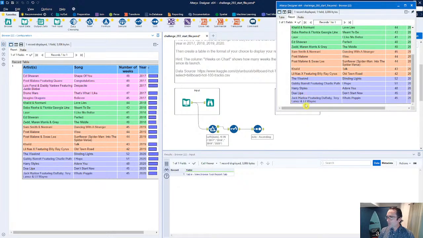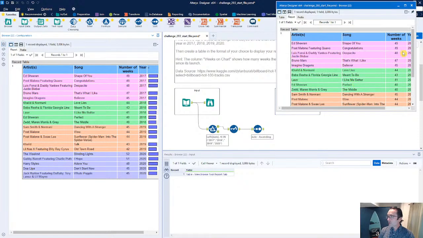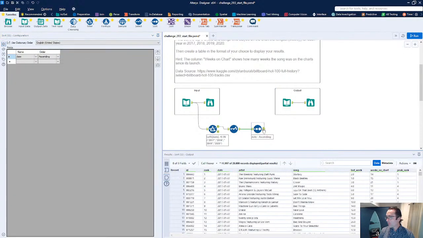So what I was checking to see, because it says top artists and top songs, I think what they really mean is top songs in here. So what I'm going to go through is start looking at the number of weeks that they've been on the chart at this point. So we have this weeks on chart. I am going to do the date ascending, but then I'm going to do the weeks on chart after that, and we're going to say descending on that.